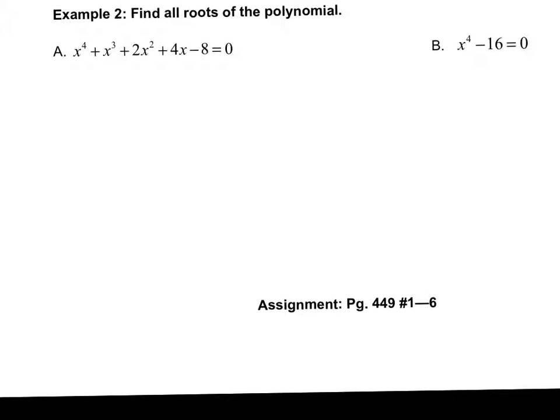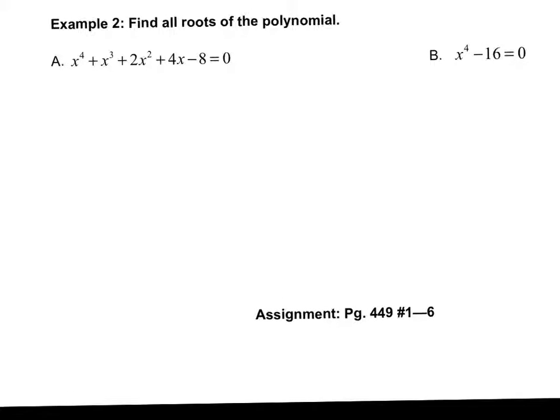All right, so real quick, let's do this problem. We wouldn't be able to do this by factoring out a GCF because all 5 of those terms don't have a GCF. We can't split it in half, so what we're going to do is plug that into the calculator, type it into y equals,